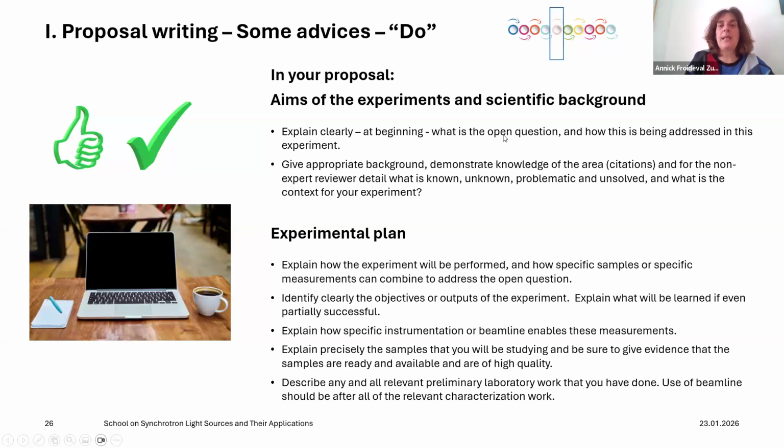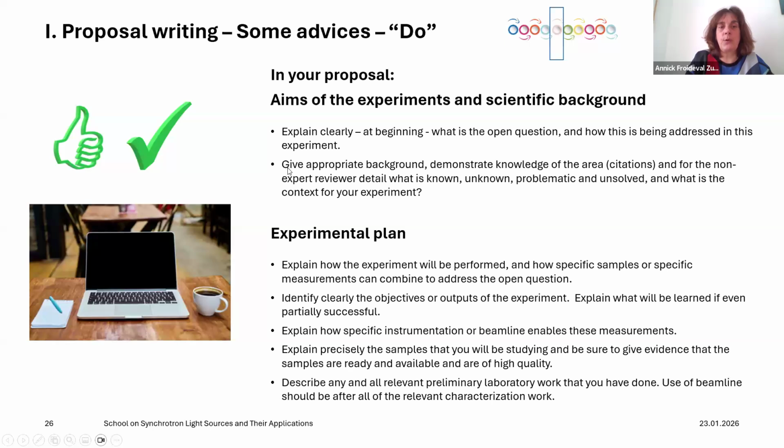You remember the scientific question you would like to solve and how this is being addressed in this experiment. Give an appropriate background and demonstrate the knowledge of the area. That means you can cite papers that can help to support